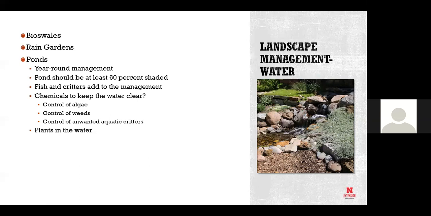So if you don't have that covered, you're going to have algae. And algae is a big issue. People do not want algae in their small ponds. It is very unsightly, but it's very hard to control. You can control it with chemicals. There are ways that you can purchase chemicals. There are some chemicals that you cannot have animals in that you're using, but there are some chemicals that are critter safe, for both fish and turtles. But you have to make that decision. And it does get costly.